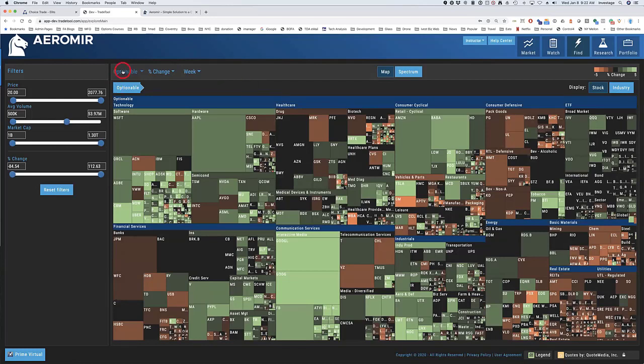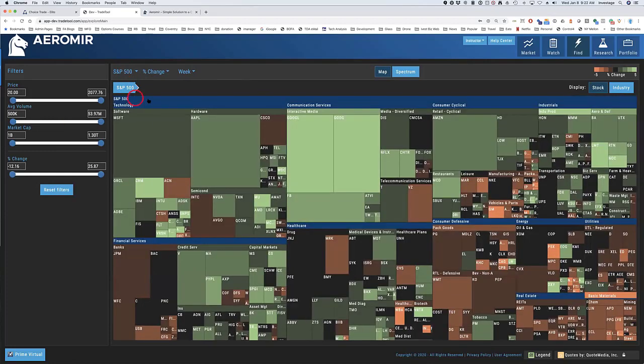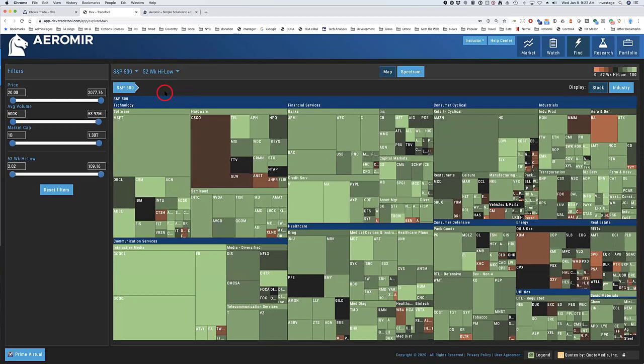But let me go back to S&P for just a second. There's also a lot of other things that you can look at here. For example, one of my favorites is the 52-week high-low. The reason I like this is twofold. One, I can see what stocks are hitting new highs. So you look at this right now, these bright greens, and you can see that 52-week high-low